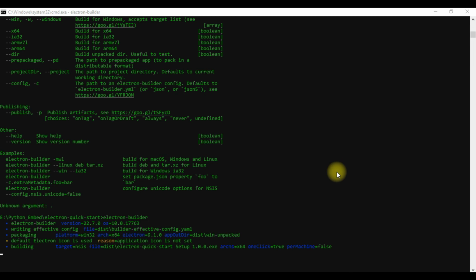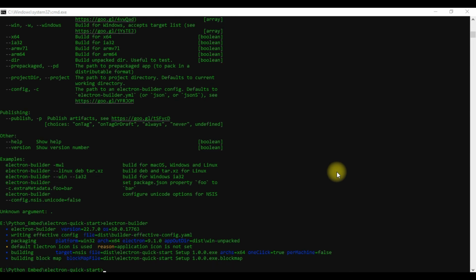So with the help of this, you can make your own desktop application with Flask, because as you know, Flask is just a web app library, but with the help of this, you can use Flask to make a desktop application. So it's a new innovation.